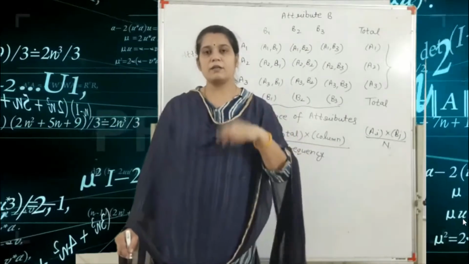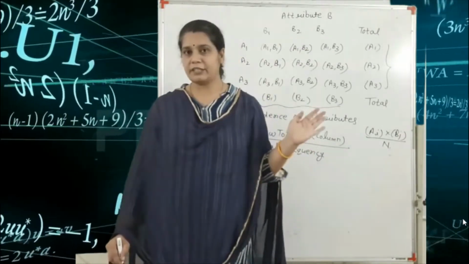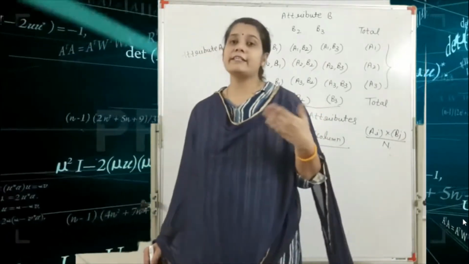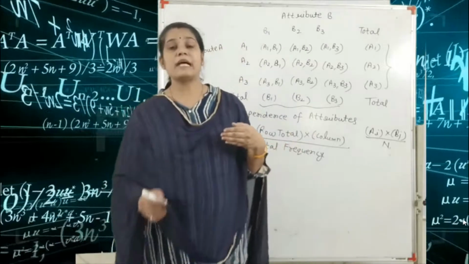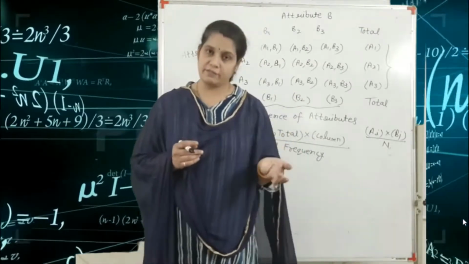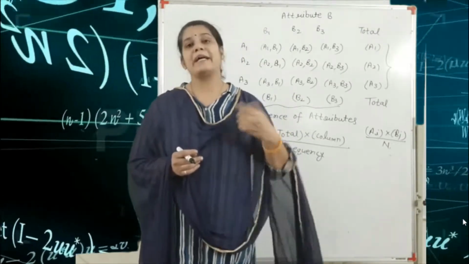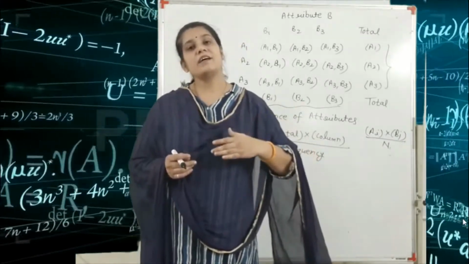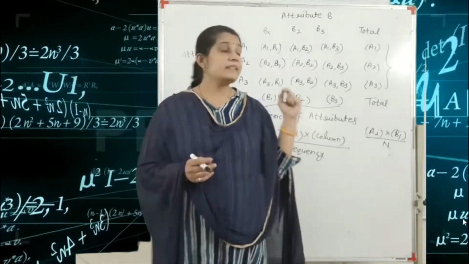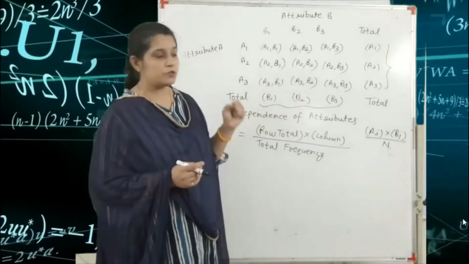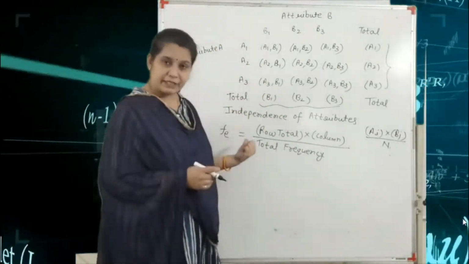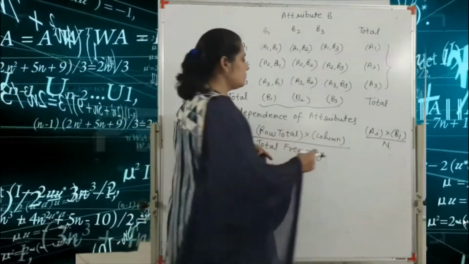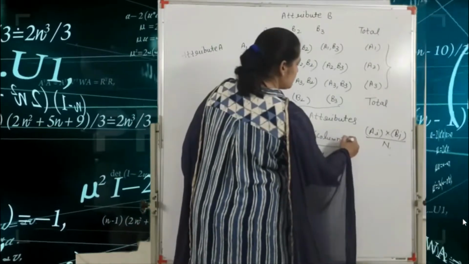Okay, the observed frequency is already given in your question paper. In the previous lecture we have already seen that in the chi-square test, sometimes we find the expected frequency with the help of the binomial distribution, the Poisson distribution, or the normal distribution. But this is the independence of attributes. So here, for finding the expected frequency, this is the formula: row total into column total